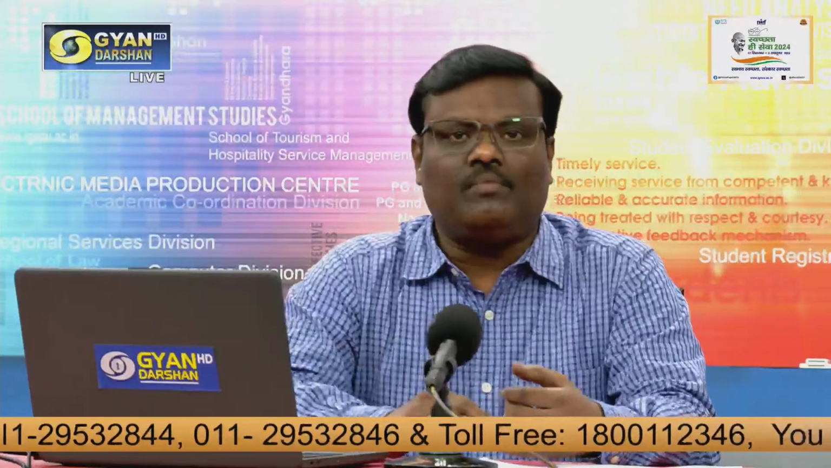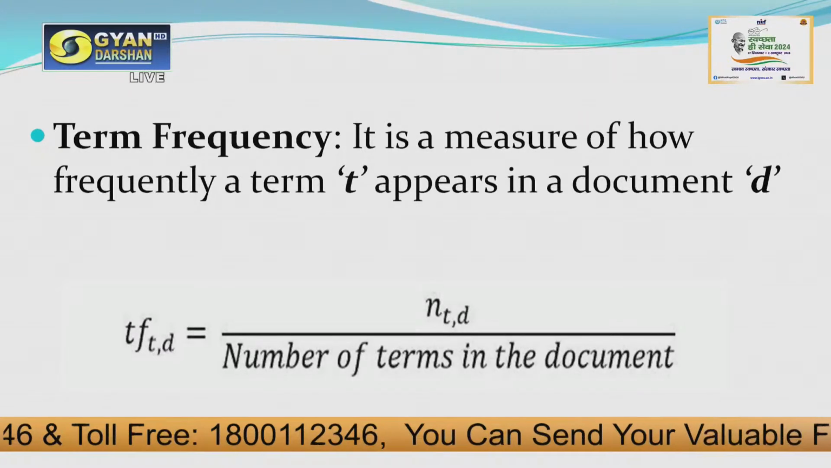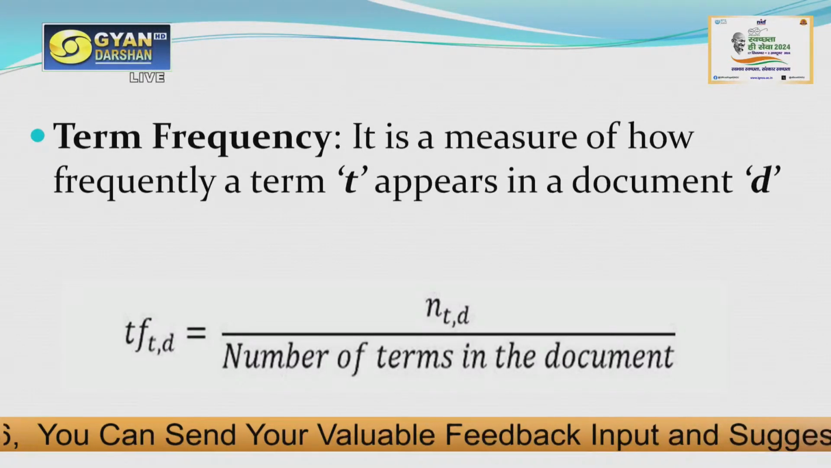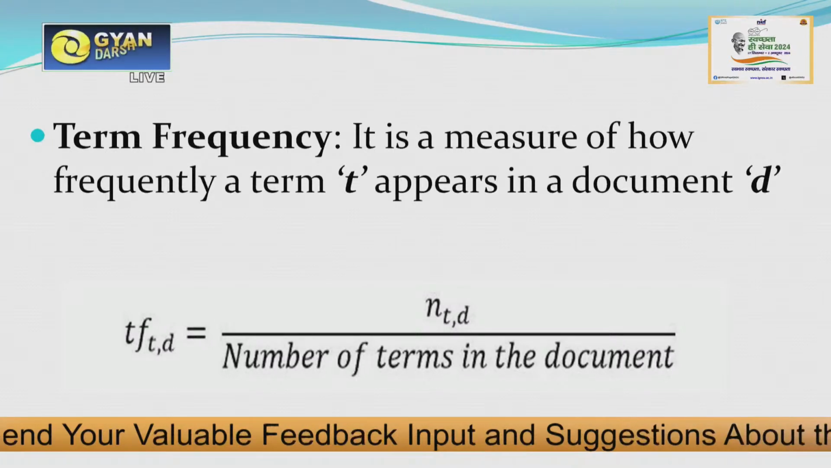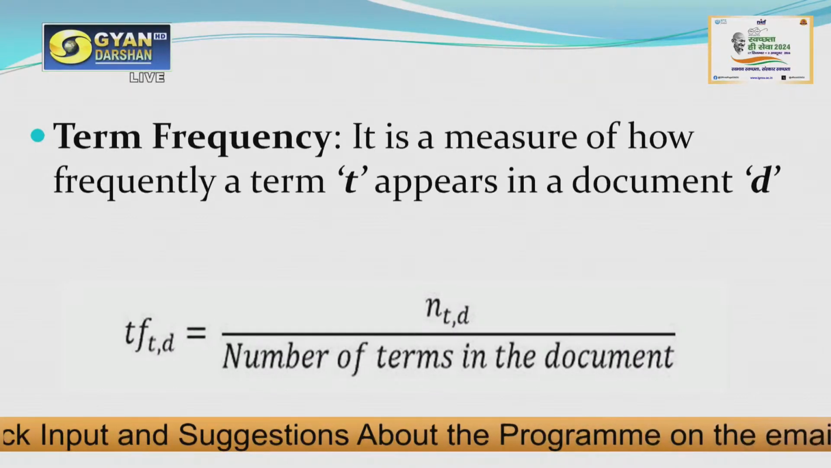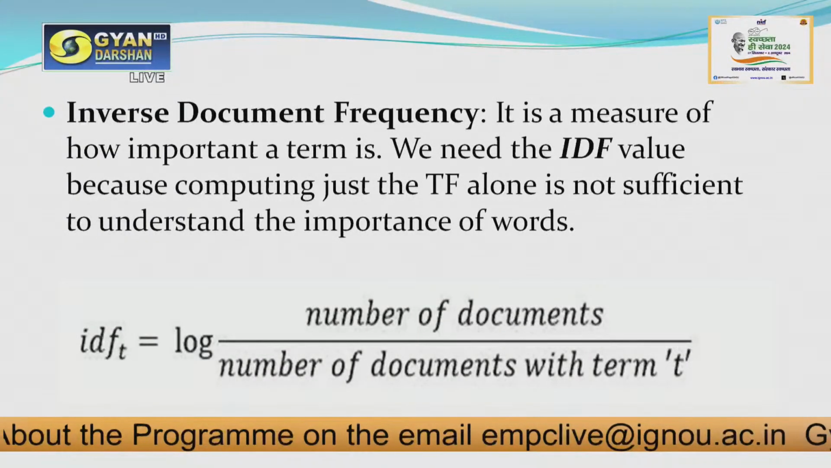Here the formula goes like this. Term frequency is a measure of how frequently a term T appears in a document D, and it is denoted in the formula shown on the slide: TF equals n divided by the number of terms in the document. Then there is another formula, for the inverse document frequency, which is a measure of how